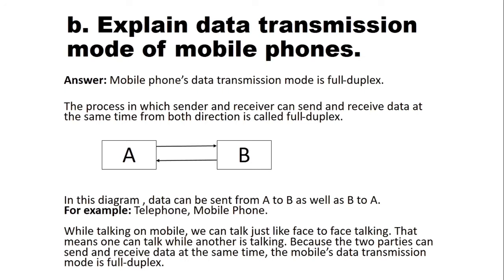Here for mobile phone we have to discuss the data transmission mode. While talking on mobile, we can talk just like face-to-face talking, right? That means one can talk while another is talking, because the two parties can send and receive data at the same time. So you can write the mobile phone's data transmission mode is full duplex. Okay,